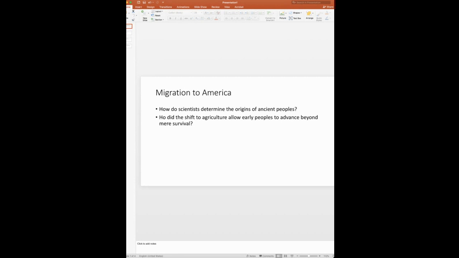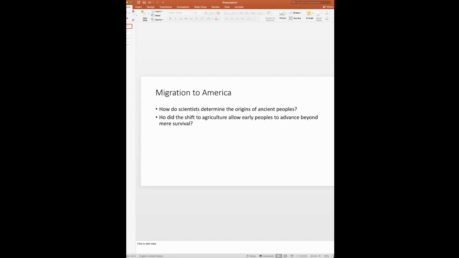The quick answer is they study the skulls, the bones, the teeth, and the DNA of ancient peoples, and then they trace their ethnic and geographic origins. They often use what's known as radiocarbon dating to determine the age of objects. Scientists also study the history of the Earth to understand how people moved from one area to another. Okay. I think that's an interesting tidbit of prehistory.